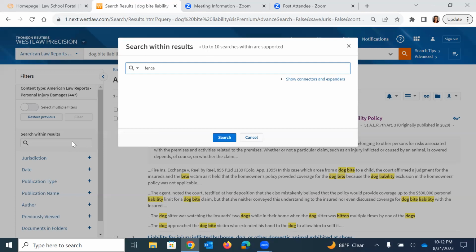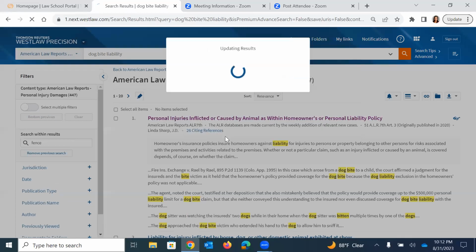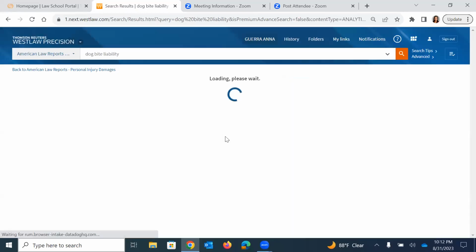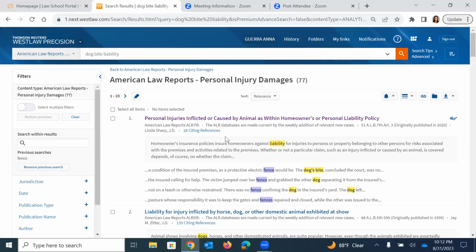So now I'm going to enter in another one of those key little facts about my hypothetical, that it involved a fence. And so I want to see if any of these 447 articles reference a fence. And so it dropped my list down to 77,